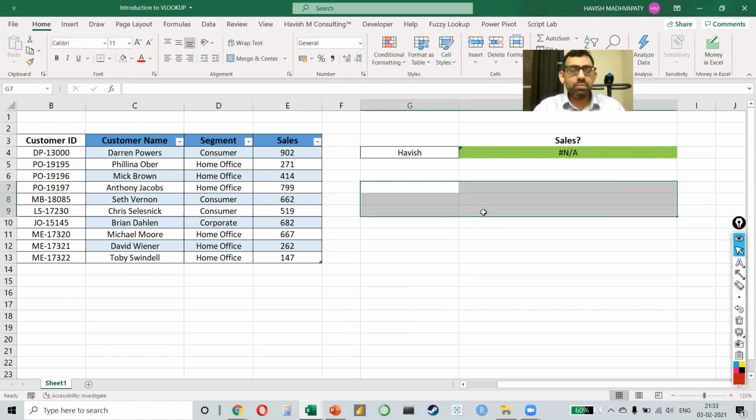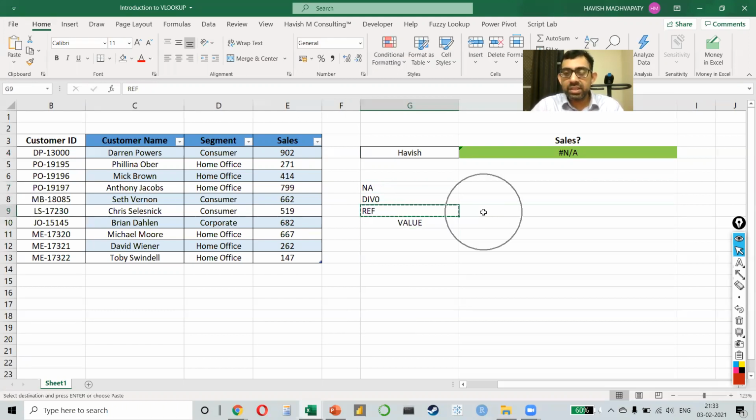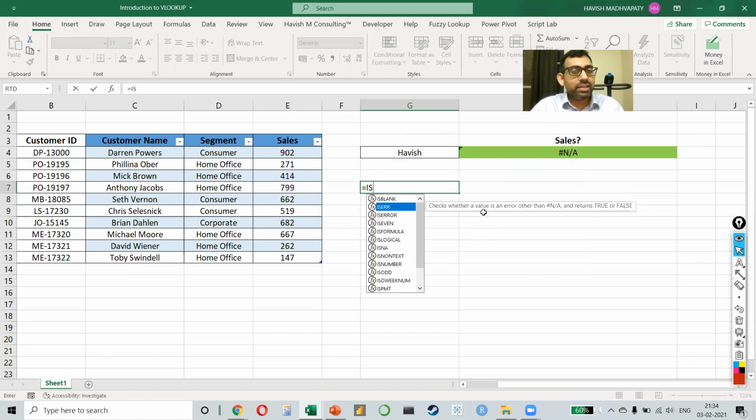I will not get into all this right now, but the most common errors that you have are NA, div 0, then you have REF, then we have the value error. I think most of the errors that you will face will revolve around them, and these happen with VLOOKUPs very often. Again, simply learning errors will not really help you never make mistakes. That will still happen, but it will definitely make you a better Excel user. There are also some functions like ISERR and ISERROR. I'm not covering this for now, but maybe you can have a look at this later.